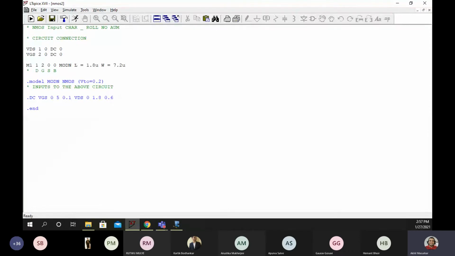When everybody opens the file in LTSpice, write done in the chat box. Okay, Ashish, Omkar, Shubham, Shruti, okay. I'll wait for 5 minutes. In the meantime, questions can happen.